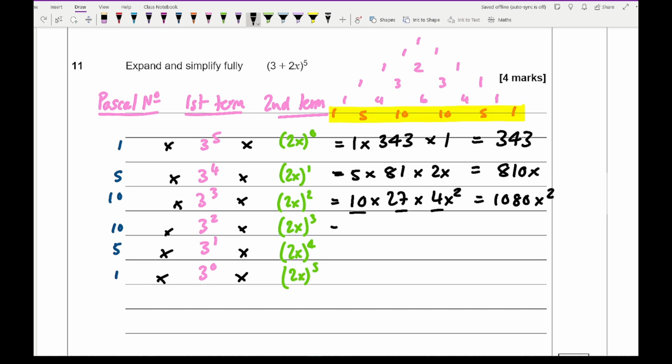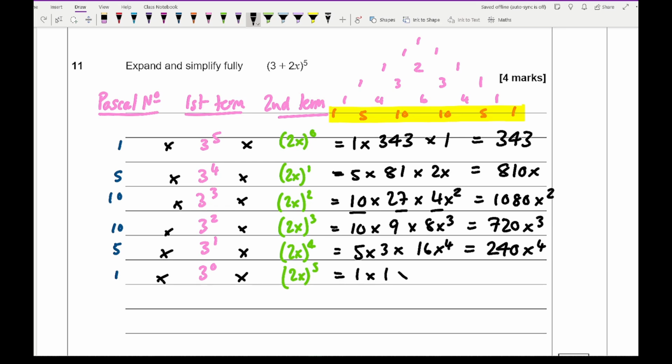1080x squared. Then I'm going to end up with 10 times 9 times 8x cubed, and that's going to give me an answer of 720x cubed. And then finally 5 times 3 times 16x to the power of 4, giving me a total of 240x to the power of 4. And then finally 1 times 1 times 32x to the power of 5, which is 32x to the 5. Then all that's left for me to do is add these together, which gives me a final expression of